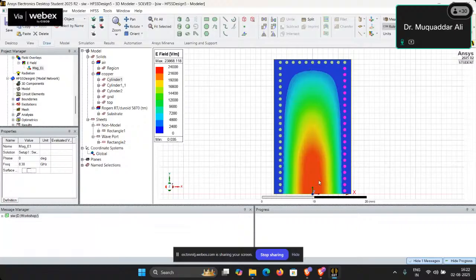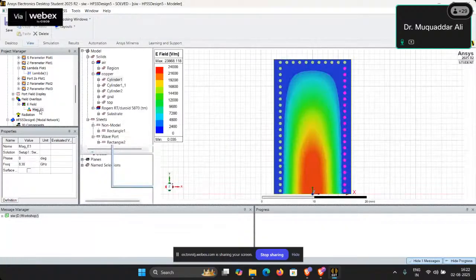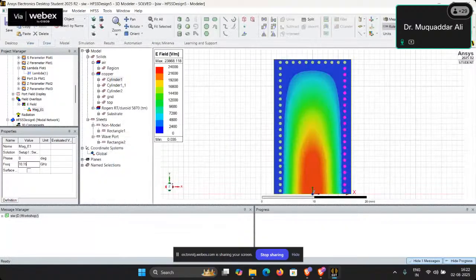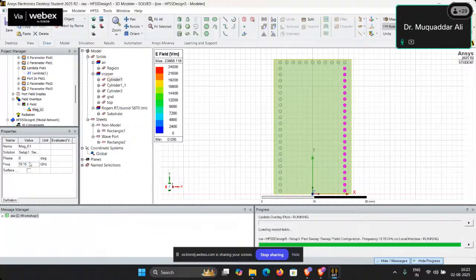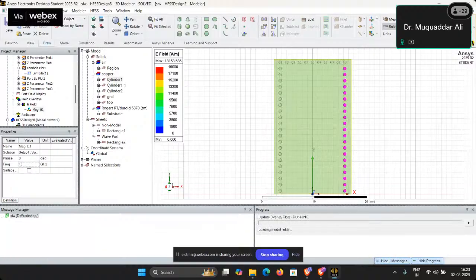So at this point, we have a very large guide wavelength. Then we have the second peak, and so it is a quarter guide wavelength. Now we have a second peak that is around 10.15 gigahertz. So now we will be having three quarter waves. First, only a single quarter wave, then three quarter waves, and at around 13 gigahertz we have 5 lambda g by